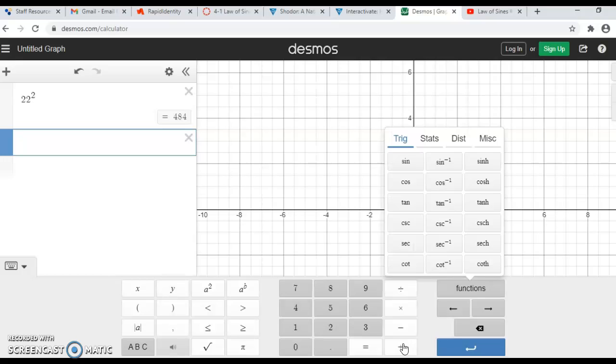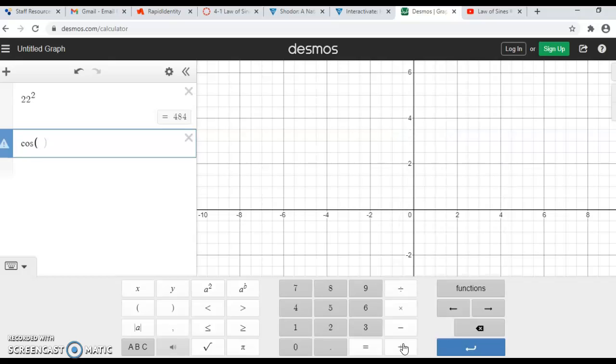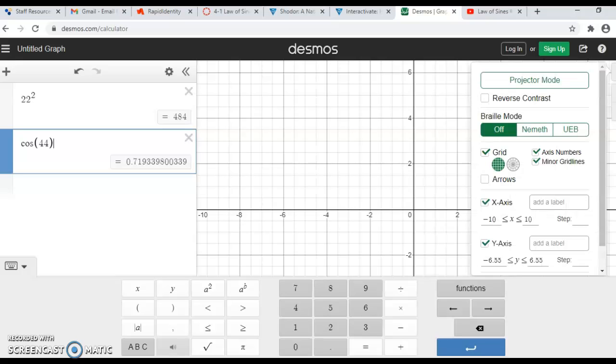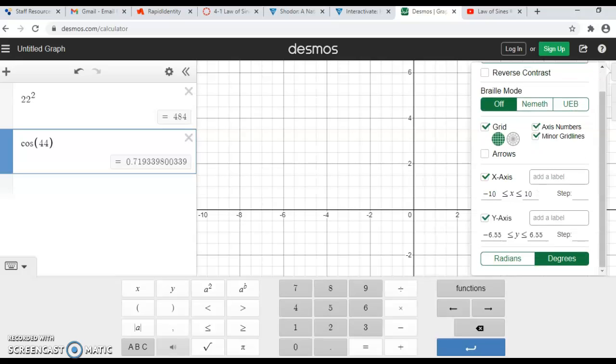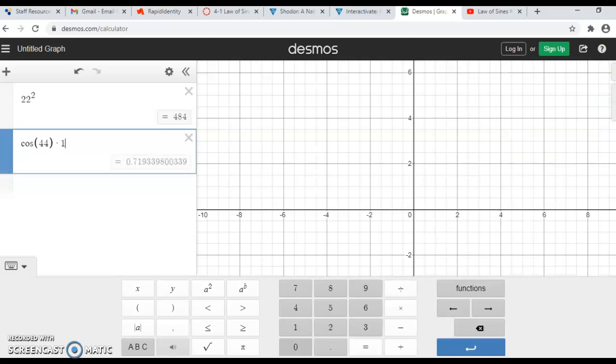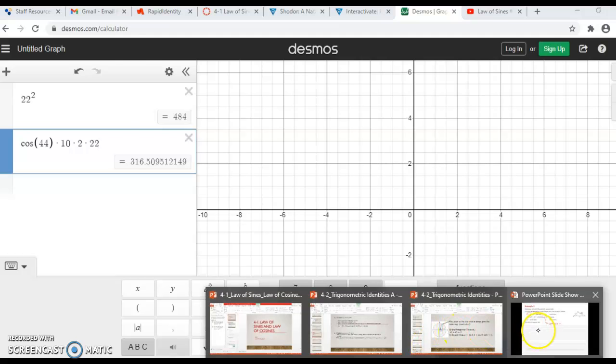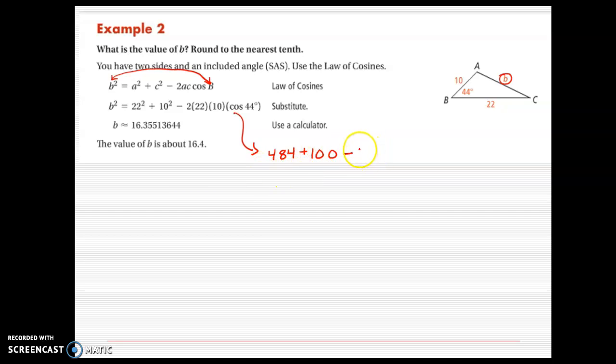Cosine of 44. And I have switched that over into degrees, but just to double check, it's at the bottom, degrees. All right, cosine 44 times 10 times 2 times 22. We get 316.5. So that's what you get right here. 316.5. So B squared is going to equal,